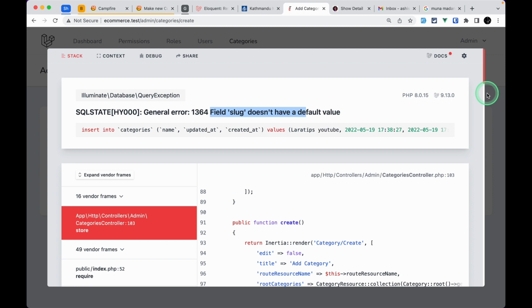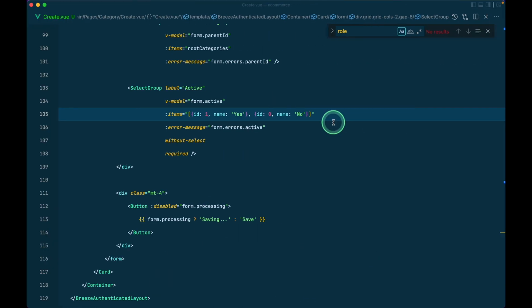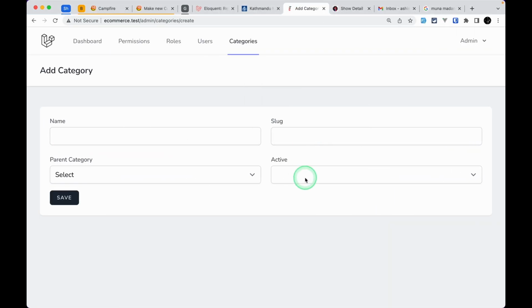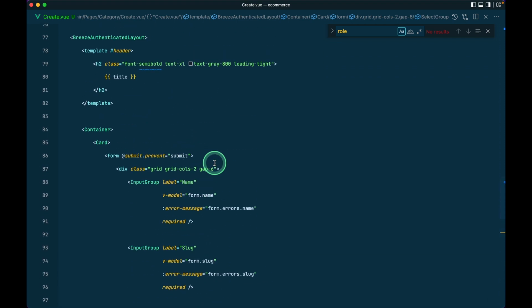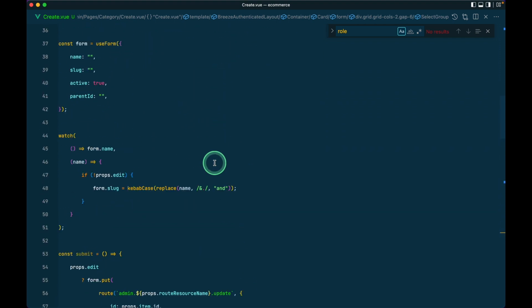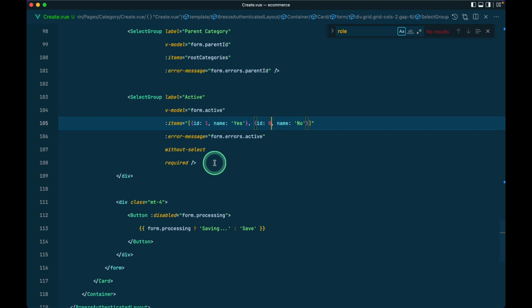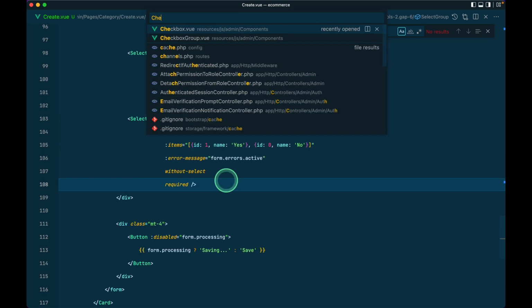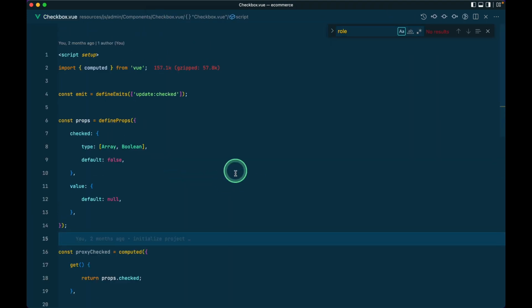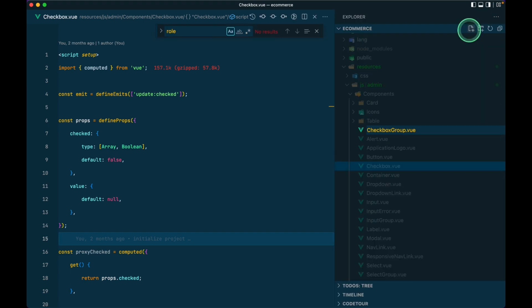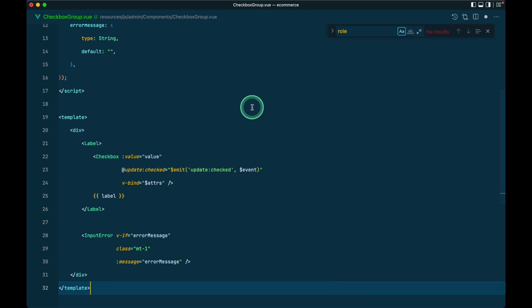Now we need to work on the storing of these categories. So before that, let me also go here because it wasn't selecting by default. So let us just create a checkbox over here, so it will be easier that way. And we already have a checkbox over here, but we already have input group and select group, so let us create checkbox group as well, and I have already created that component. I'll just add it. So let me create that checkbox-group.vue, and let me paste the code over here,